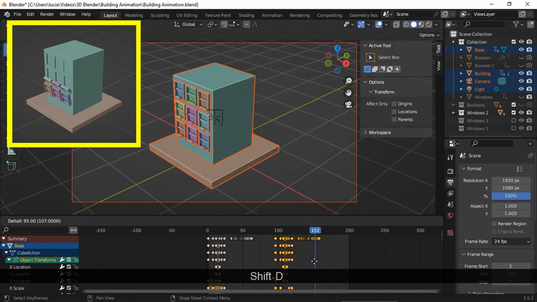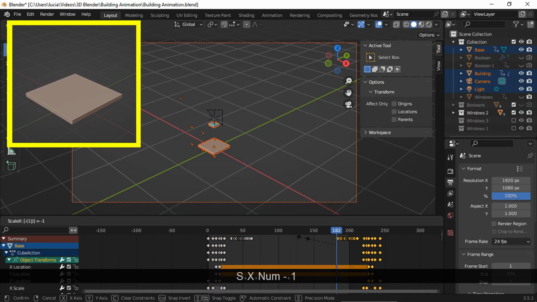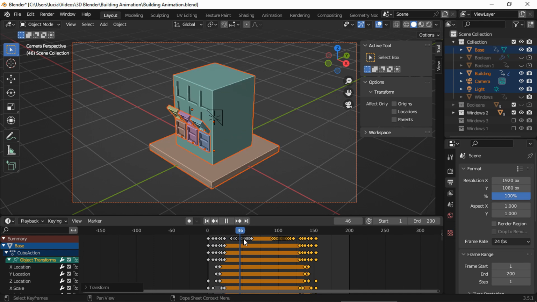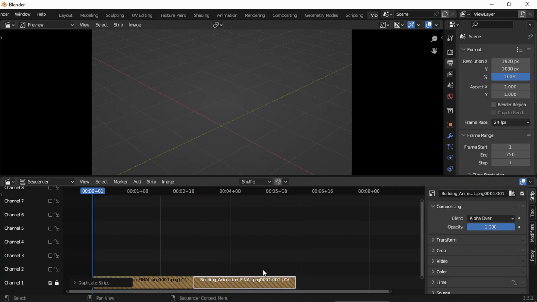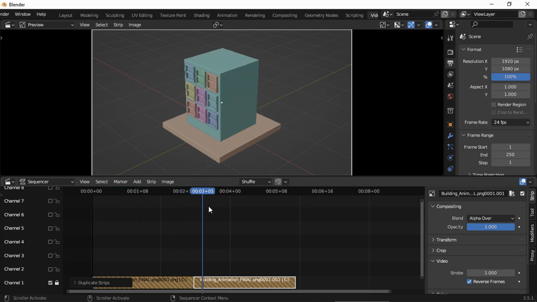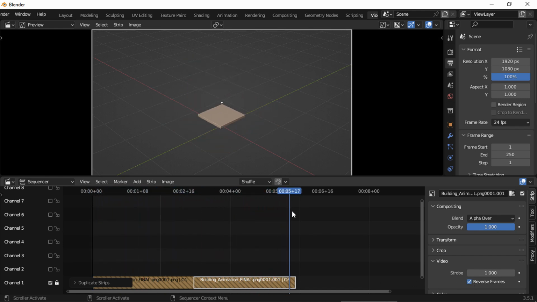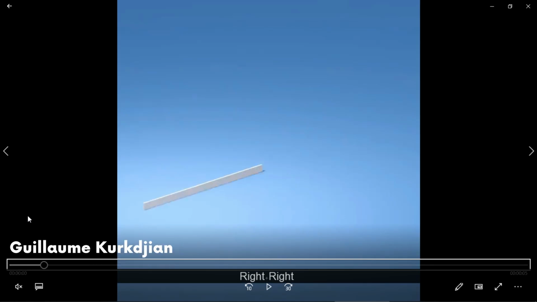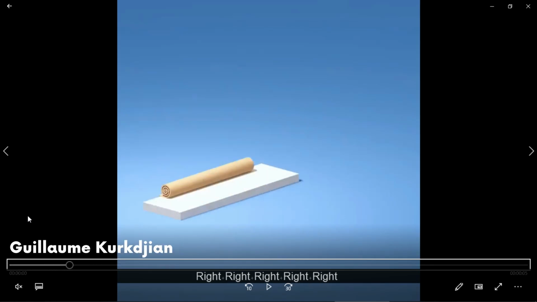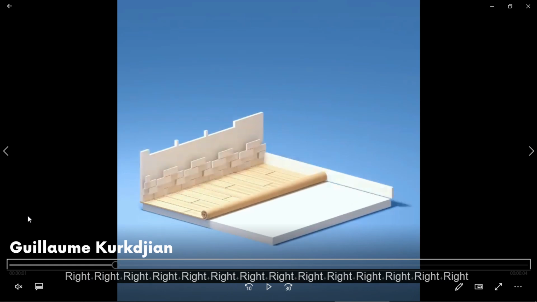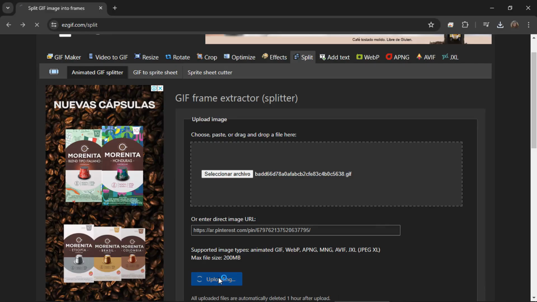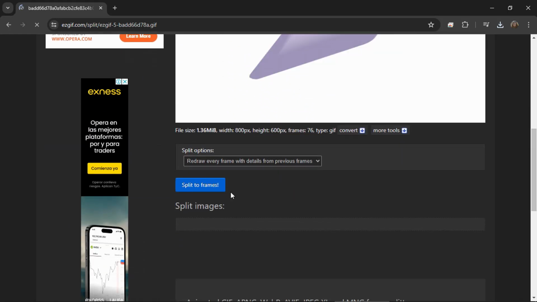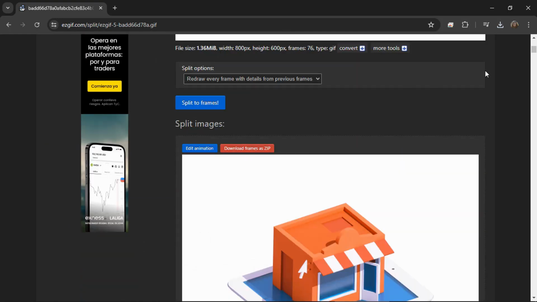To create a perfect loop animation, instead of copying all the keyframes again in the inverse order, you can duplicate the footage and reverse it with a simple click on any image editor software. That way you will also be saving time by rendering fewer frames. Downloading animations by your favorite artists and watching them frame by frame is really helpful to dissect how you can recreate something similar. You can also look for free websites where to decompose any GIF into individual frames to analyze any animation.